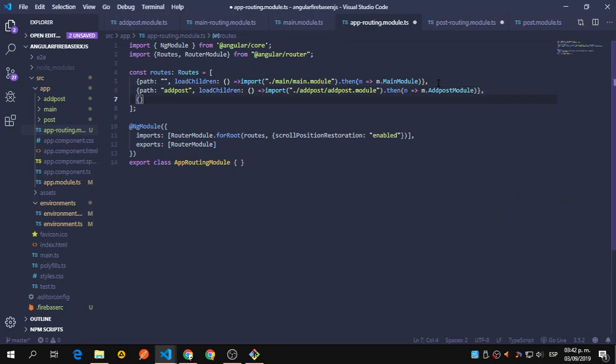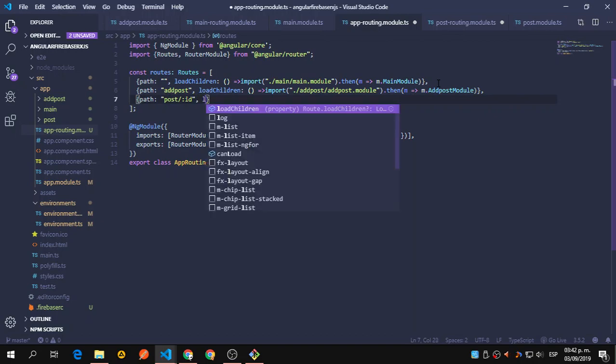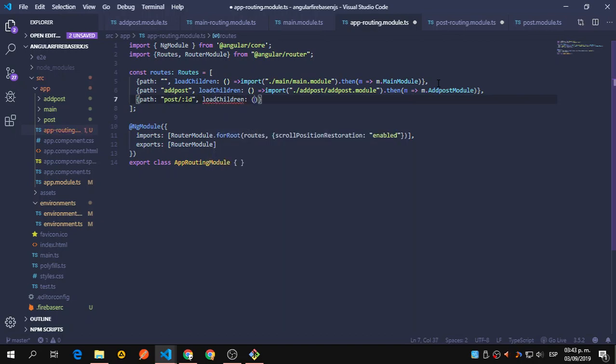And the last one is going to be path post, not pist, post ID. This one is going to receive an ID. Load children again, the same thing, import,